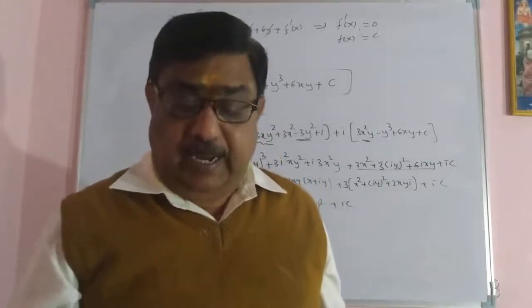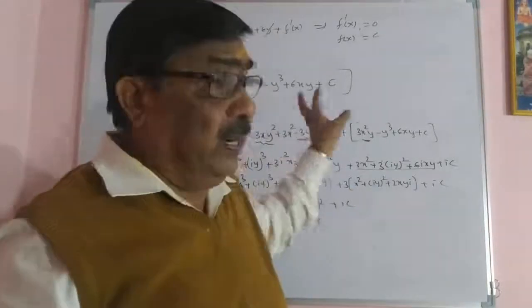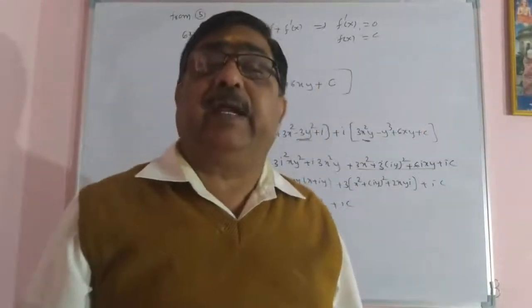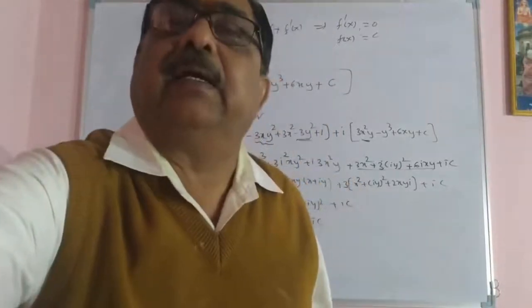Then I would like to take another part of it. Another means without using this u and v separately, directly I should get that analytic function. Okay, we'll see in the next case. Dear students, in the previous case we got the harmonic conjugate, then we got the analytic function. But now without finding the conjugate, only with the help of u, the real part, I can construct the analytic function.